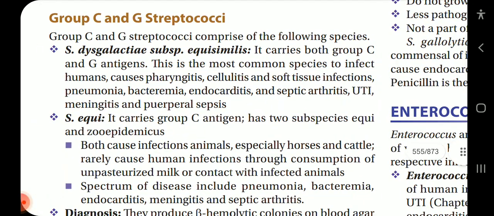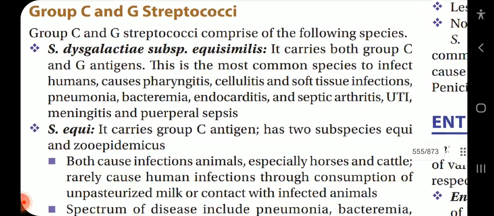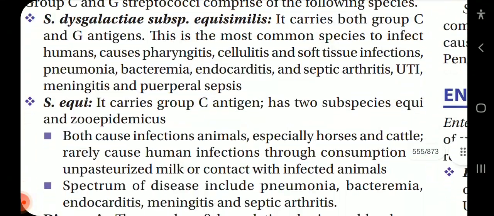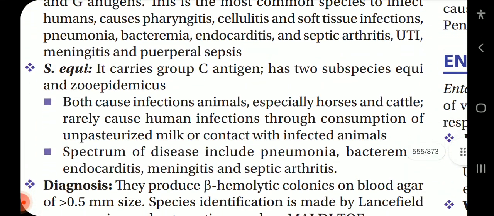Group C and G streptococci. The group C and G streptococci comprise the following species: Streptococcus dysgalactiae subspecies equisimilis. It carries both group C and G antigens. This is the most common species to infect humans, causes pharyngitis, cellulitis and soft tissue infections, pneumonia, bacteremia, endocarditis, and septic arthritis, UTI, meningitis, and